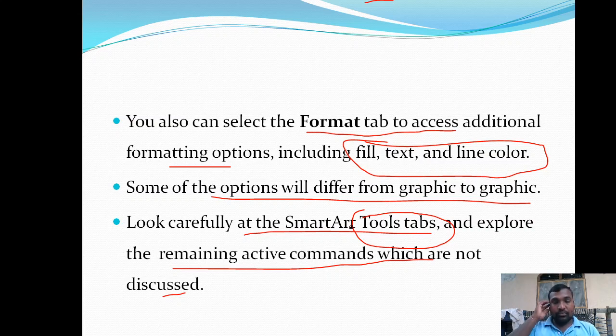Okay, and some are covered in different lecture series, different lectures. And some are already covered in the basic session. So that's why I'm not going in depth with the remaining things. So you need to cover the remaining commands and options.